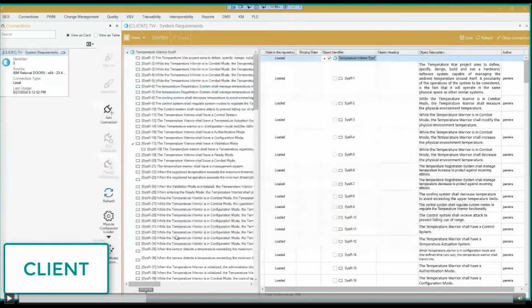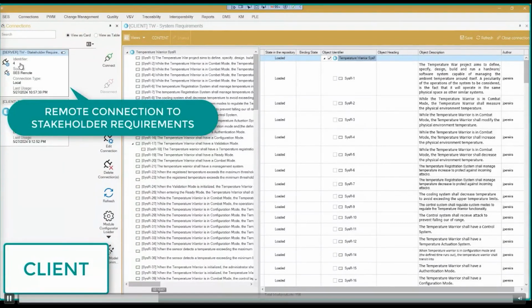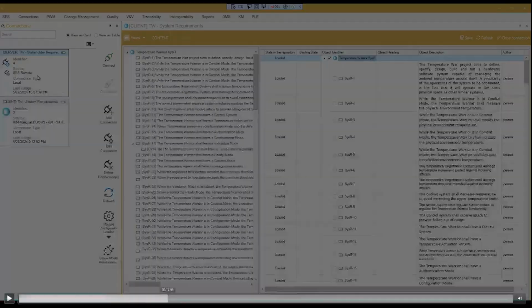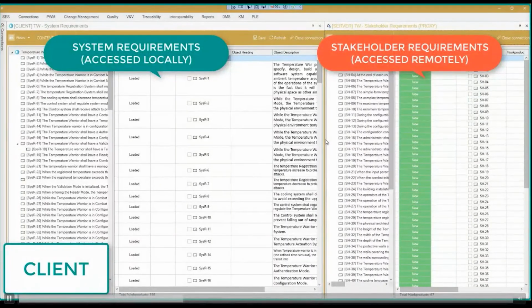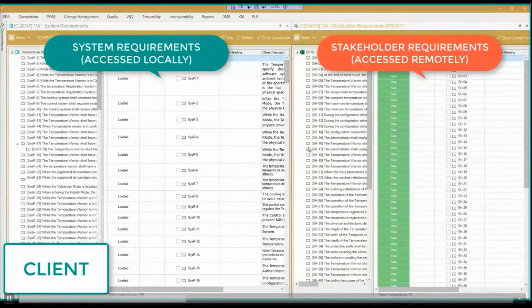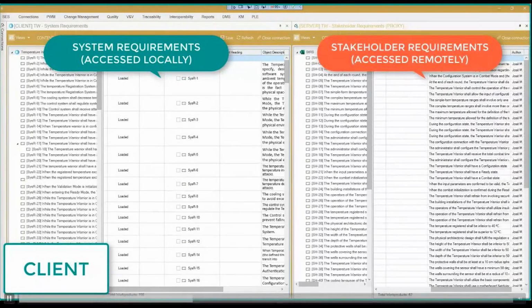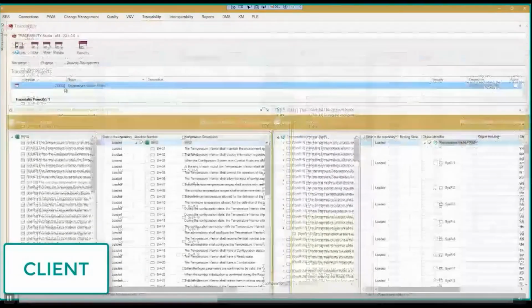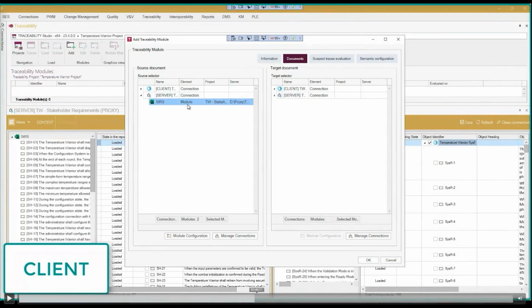And so in that case, we name the connection, and it's created as a connection like any other. The only thing is that I'm not connecting to a tool that is in my environment. I'm connecting to a remote server that is going to itself show the connection. So this is accessed remotely. The same document is accessed remotely, but since it's accessed remotely, the other database that has information here is considering this new, because that's the first time we're using it here. So once it's synchronized, it's getting also loaded on the other side, and we can create traceability between the different